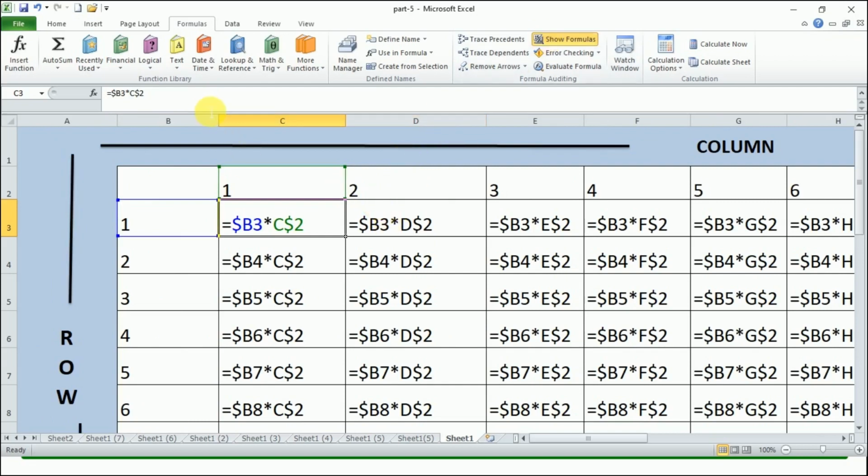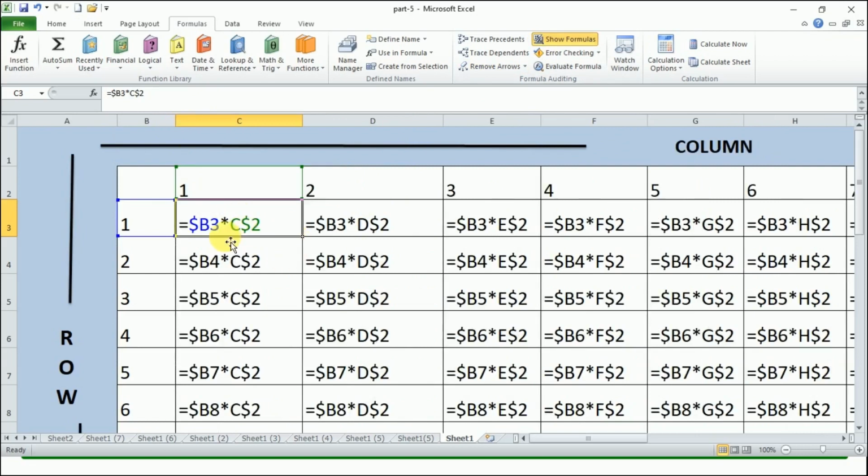Now you see in the mixed referencing what happened, which value is getting changed in all the formulas wherever I have copied it. The $B value is fixed. If you just look at the first part of the formula, $B is fixed everywhere. What has changed? It is 3, 4, 5, 6 row-wise and column-wise also, right?